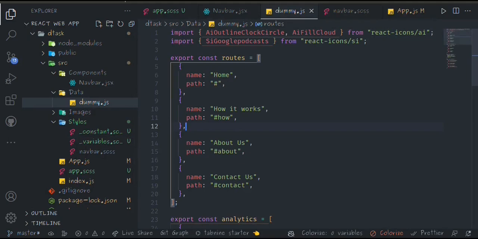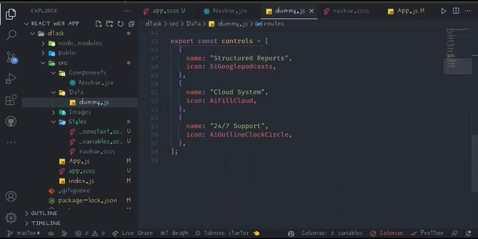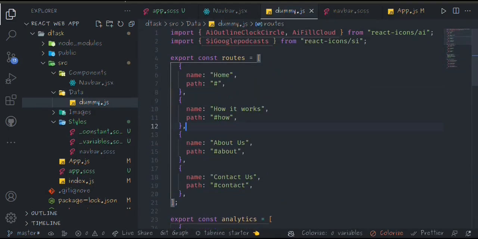So this is the data file that we're going to be using for this project, where I've exported everything that we're going to be using. For this project, this is going to be for our routes and everything that we're going to be using. So yeah, I'm going to say here,